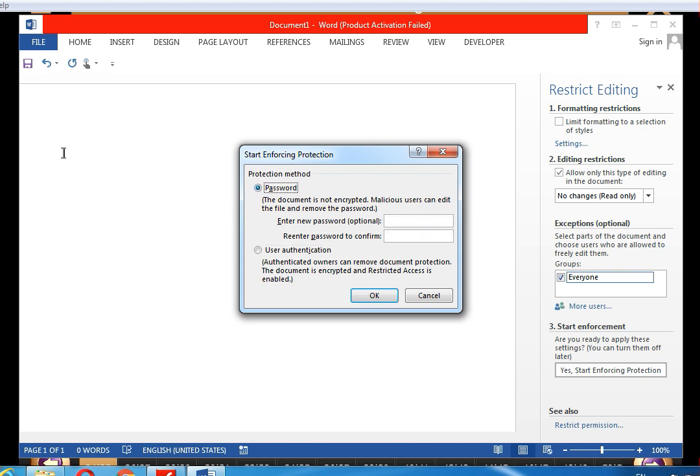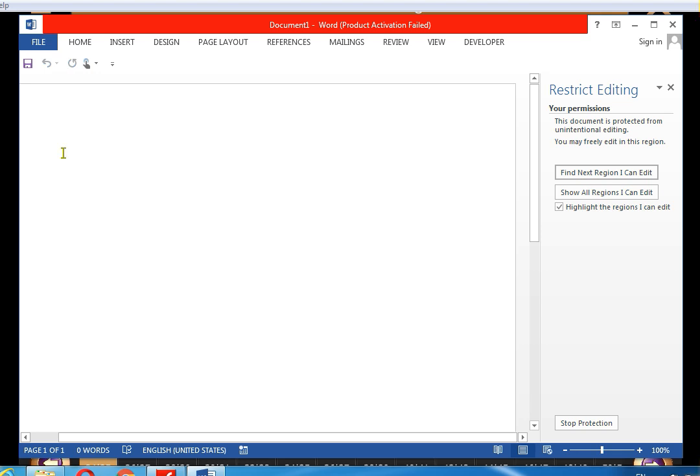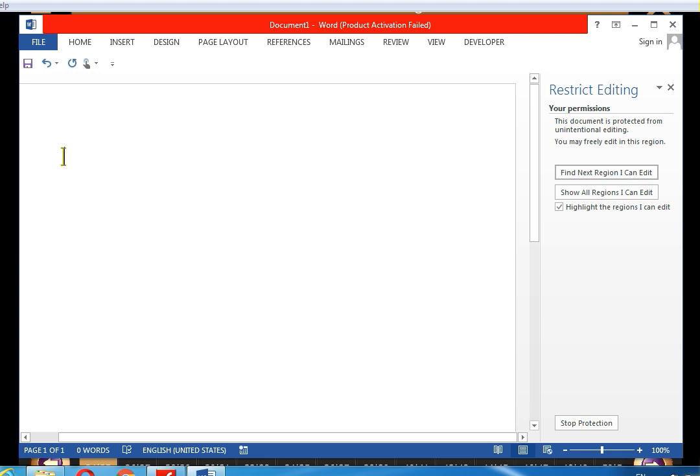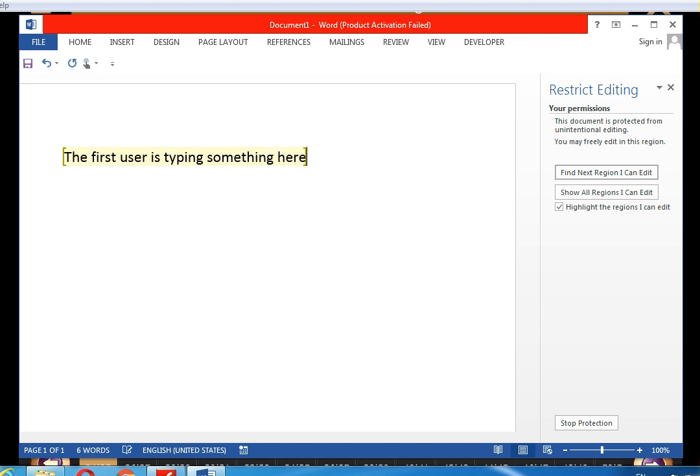We click on password, so we are giving the password to our document, 123, re-enter the password 123 and then click OK. It means we are giving a password to this document. If we write something here, the first user is typing something here.